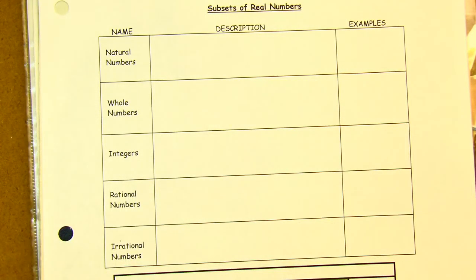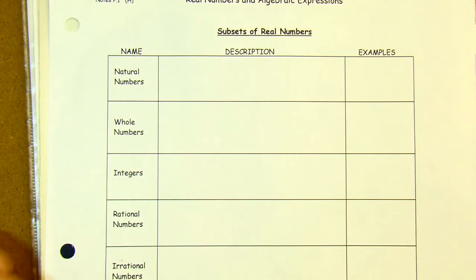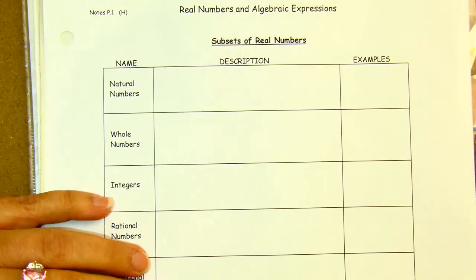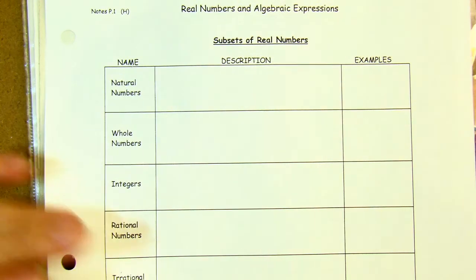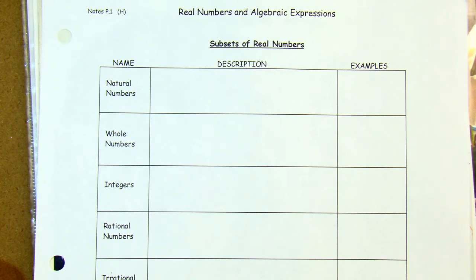Hello everyone, this is Honors College Algebra, Chapter P, Section 1 notes. I'm just going to do the first page front and back for today, and then tomorrow I'll make another video and we'll finish up that with absolute value. Okay, so